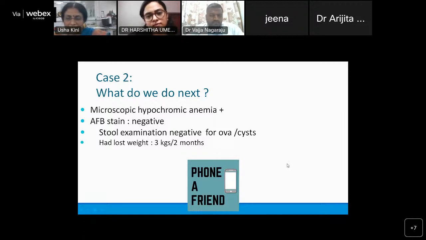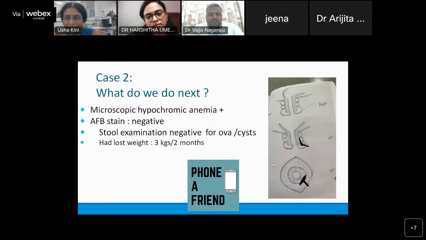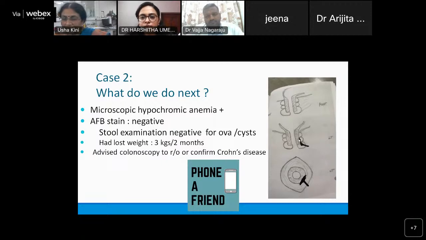So I called my friend and asked, can you describe the fistula if you have curated it? She drew this picture and told me, this is a long track, and here is the anal abscess, perianal abscess. This is the anal opening. So it has been descending. It's quite a long one if you really look. So it's a fistula probably arising in the lower rectum coming up to the anus.